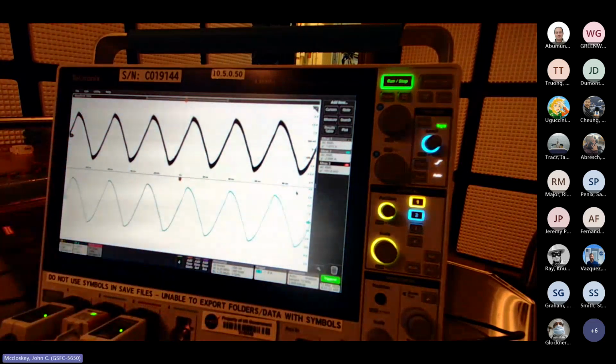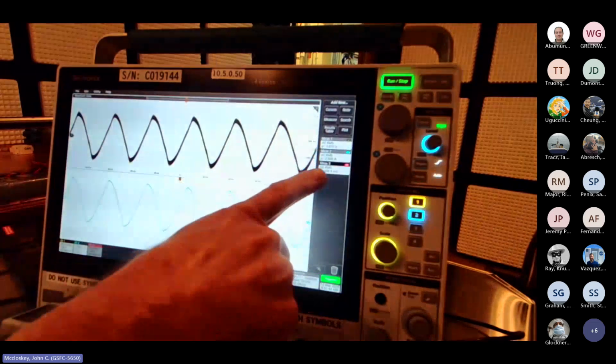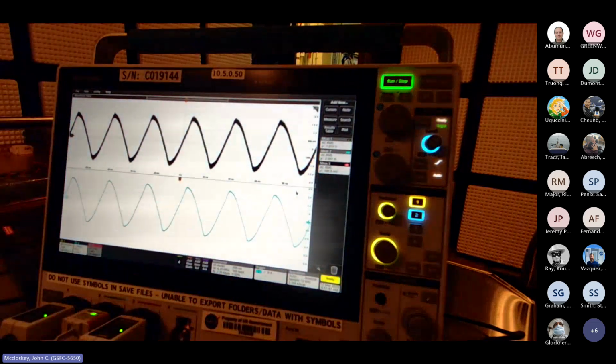Because we're just injecting into a resistor, there's no DC component. There certainly shouldn't be. So whether you just use RMS or AC RMS shouldn't matter. But once we're actually injecting on top of the DC power feed, you only want the AC component. Okay, so if your scope has that capability of giving you an AC RMS measurement, that's what you want to